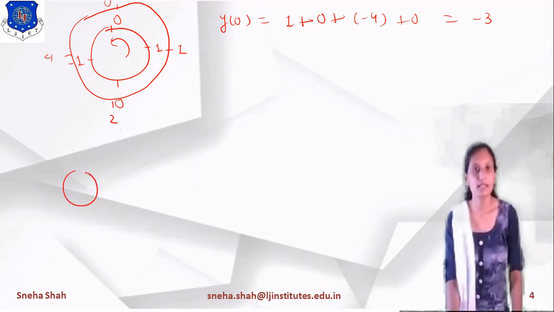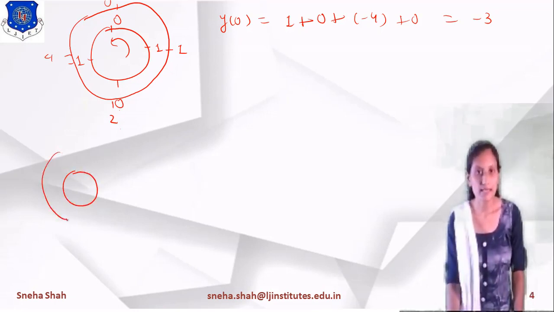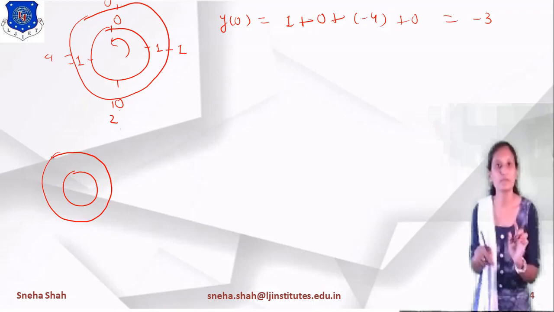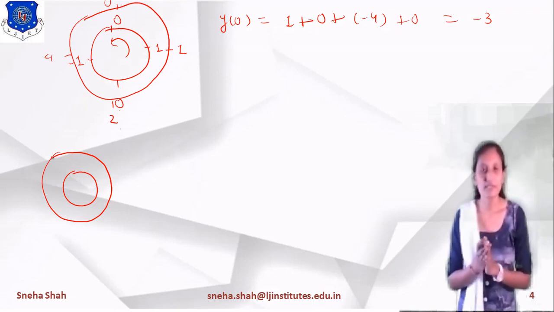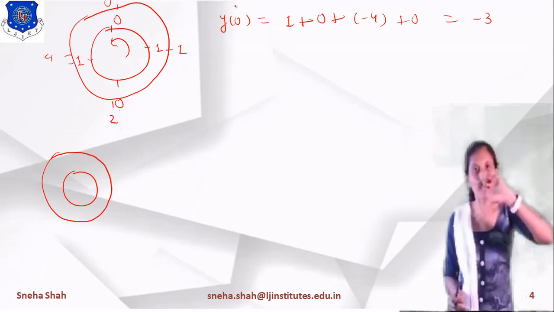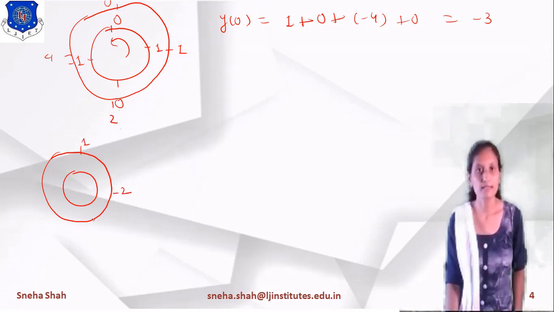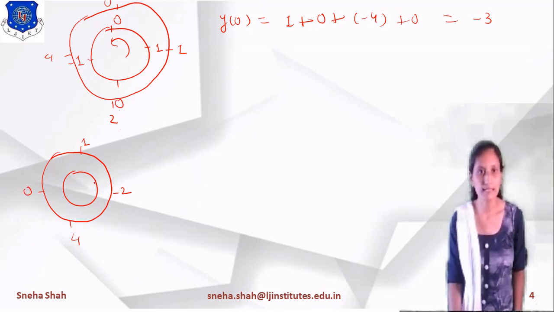Right? In the same way, we draw this x of n and this h of n. After folding, we shift h of n by one term. If I shift h of n by one term in the anti-clockwise direction, then this 1 goes over here, this 2 goes over here, the 4 comes here, and the last term 0 comes here. In the same way, we represent x of n in the anti-clockwise direction, right?